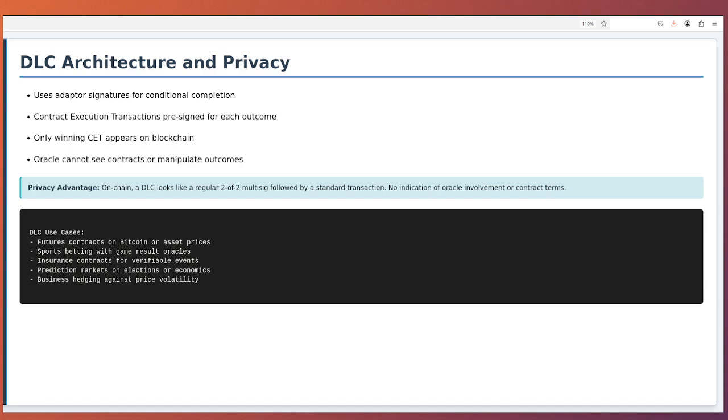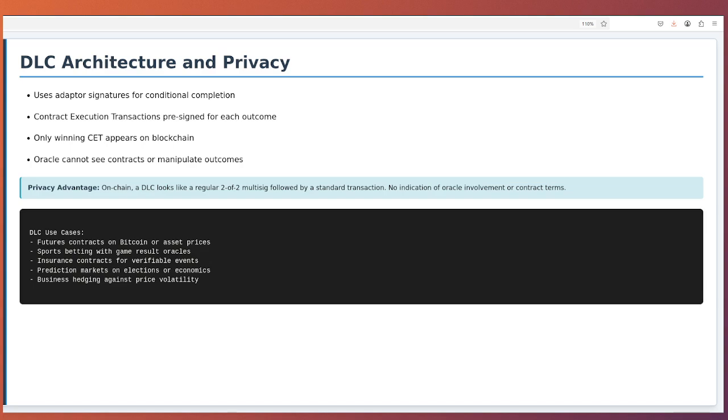The privacy properties are remarkable. On the blockchain, only the funding transaction and one CET appear. The funding transaction looks like any 2-of-2 multisig. The CET looks like a regular transaction. Nothing reveals that an Oracle was involved, what the event was, what other outcomes were possible, or even that a